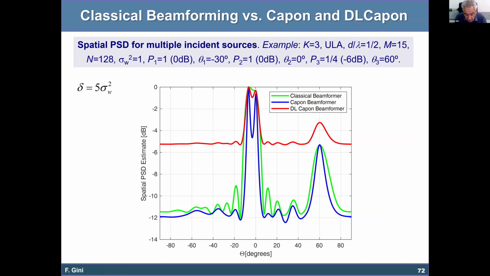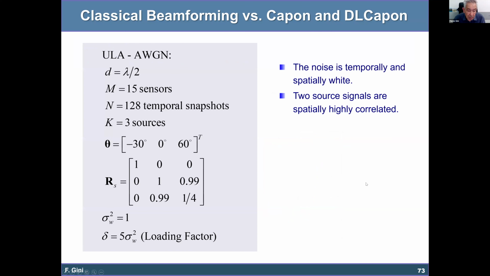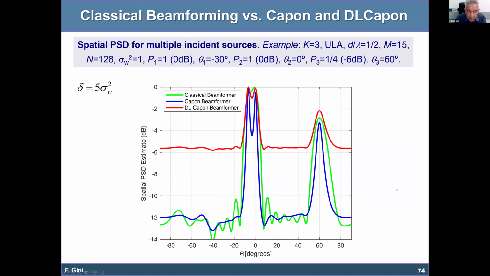Now, if all the model is ideal, the performance gets slightly worse than Capon. But if, for example, two sources are correlated, for example, the second source and the third source are strongly correlated, so the correlation coefficient is 0.99, well, in this case, you can see